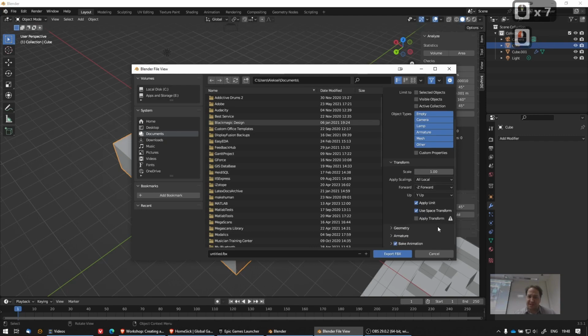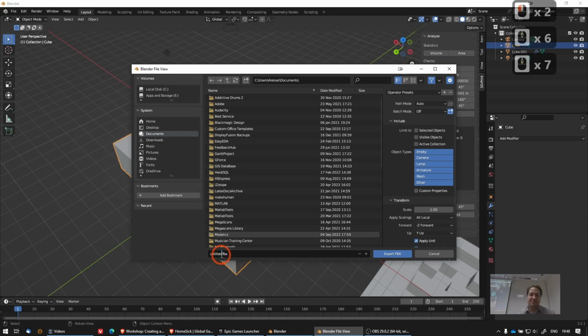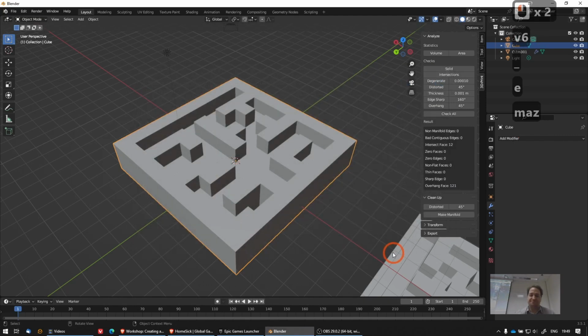So for some reason I cannot see the apply modifier stuff here, but doesn't matter. So yeah, and then you can just export it as maze whatever version 6.fbx, and that's it. And that should be it for the Blender part. Took a lot longer than I estimated, so